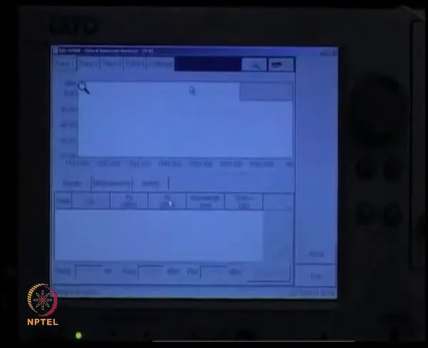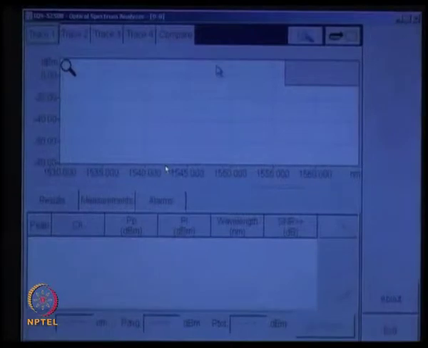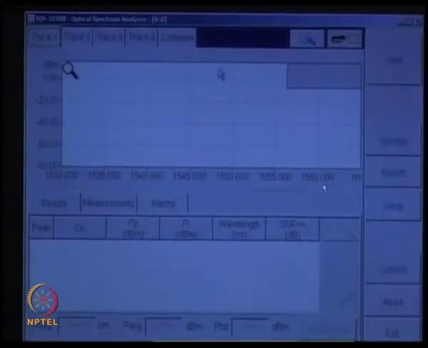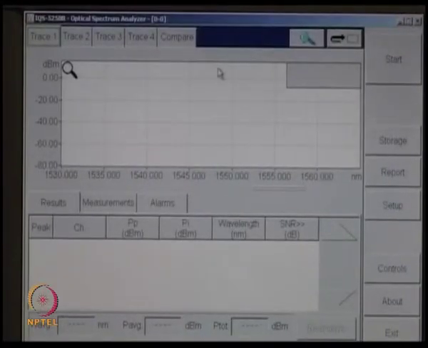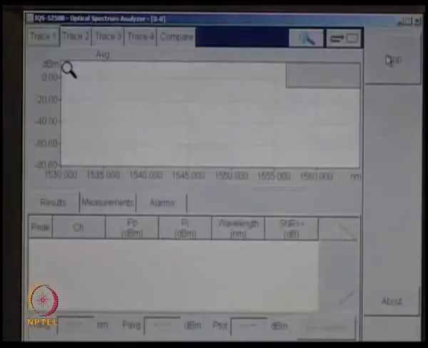This is the display for the optical spectrum analyzer. We have set the wavelength range from 1530 nanometer to 1560 nanometer. We can start the experiment.